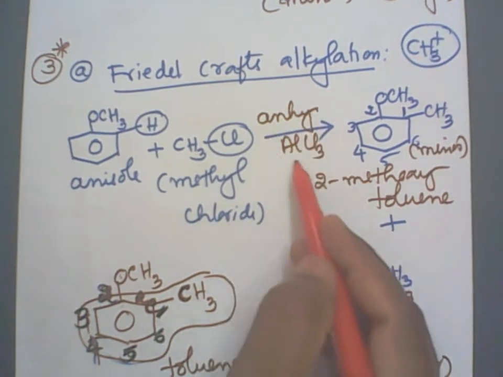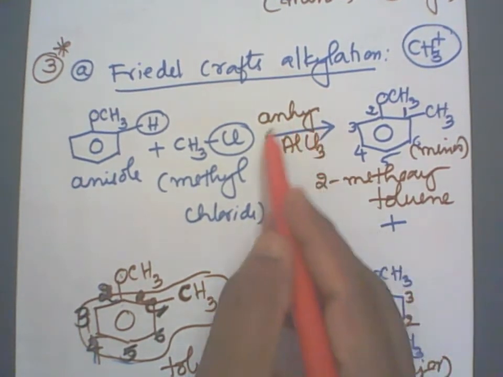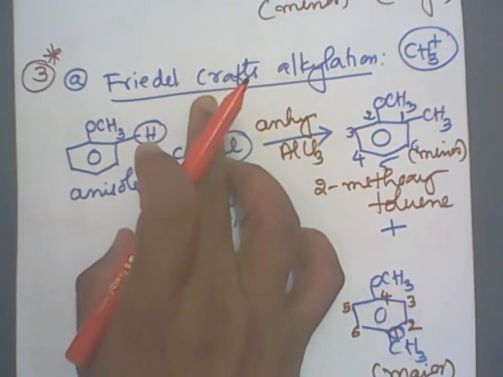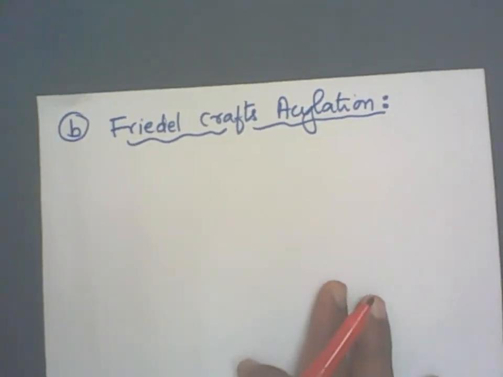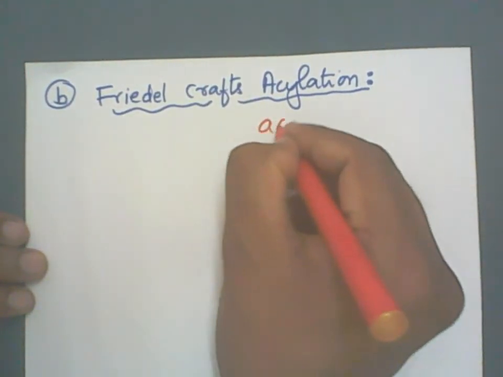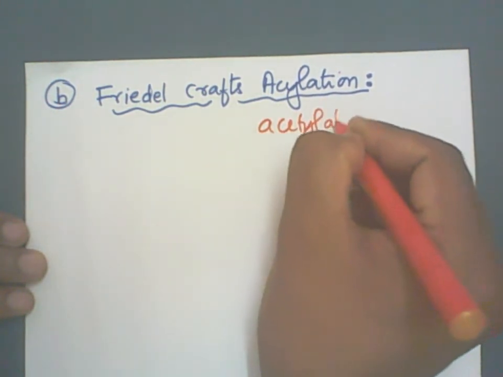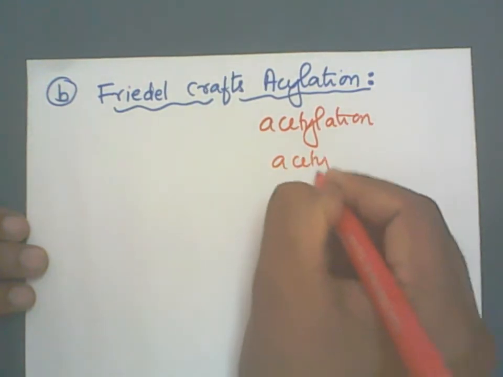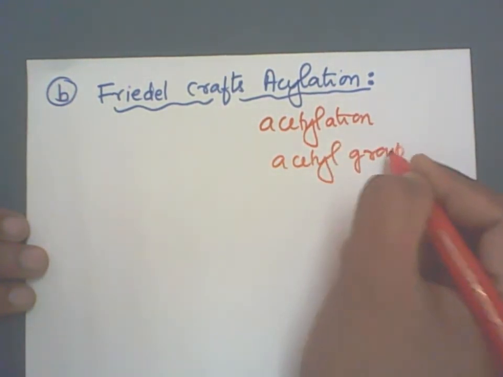Okay, right? Yeah, this is the Friedel-Crafts alkylation reaction wherein we are introducing an alkyl group to the benzene, and we require a Lewis acid like aluminium chloride which acts as the catalyst. Okay. Now the second version of Friedel-Crafts reaction is the Friedel-Crafts acylation reaction. Acylation reaction is also called the acetylation reaction. You have to introduce an acetyl group.